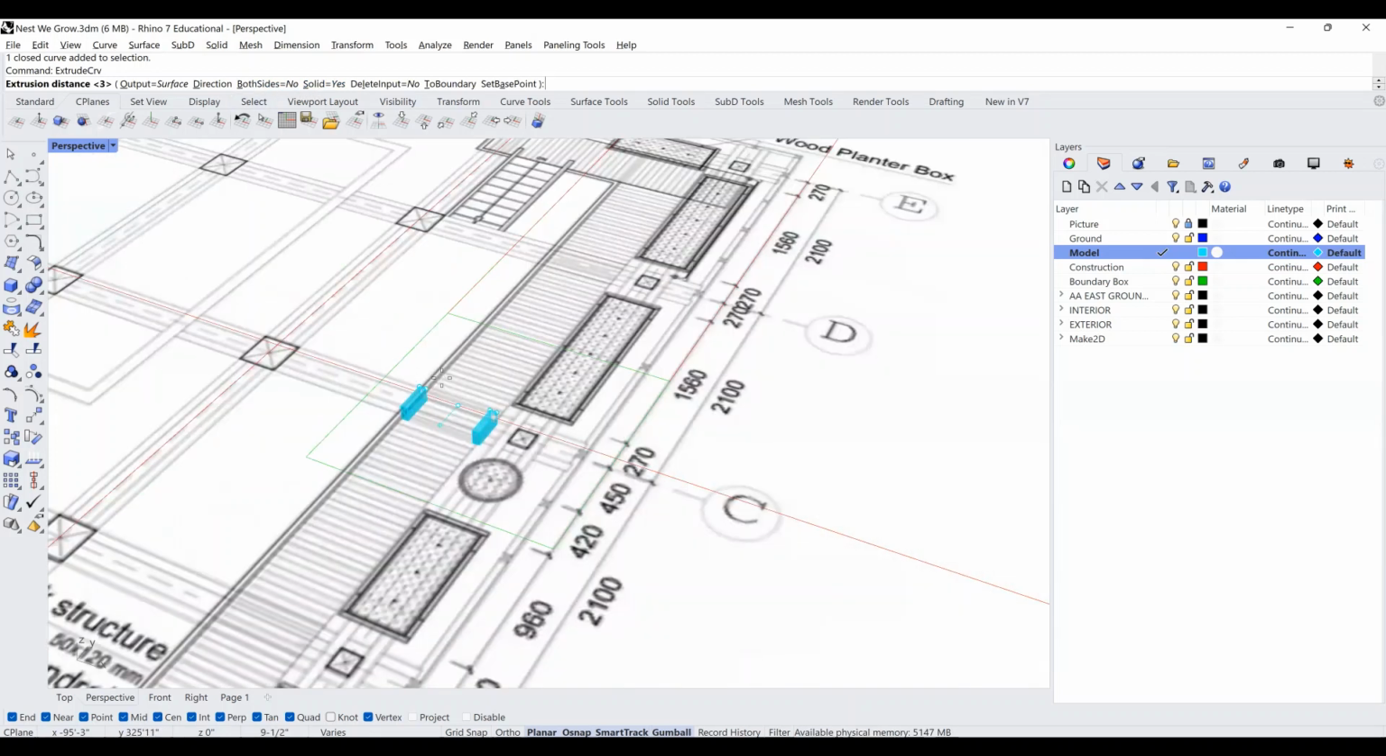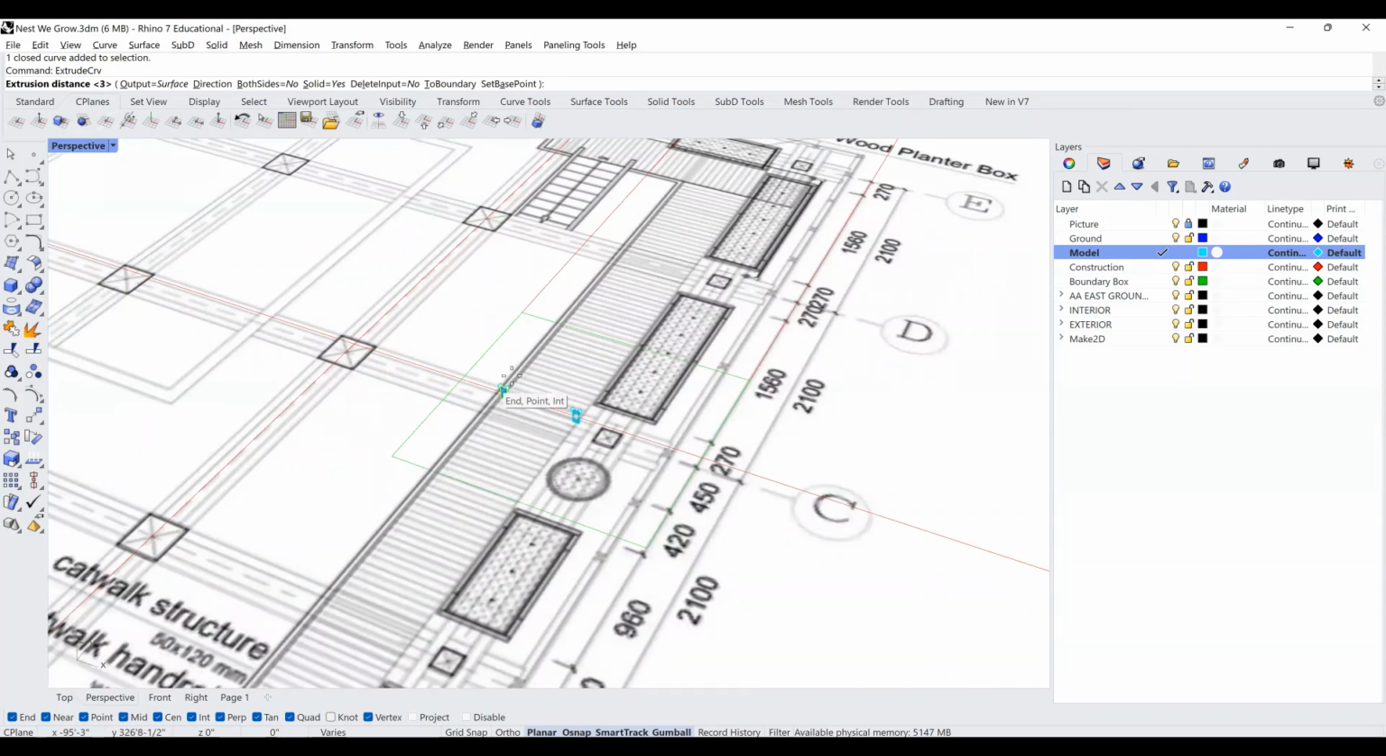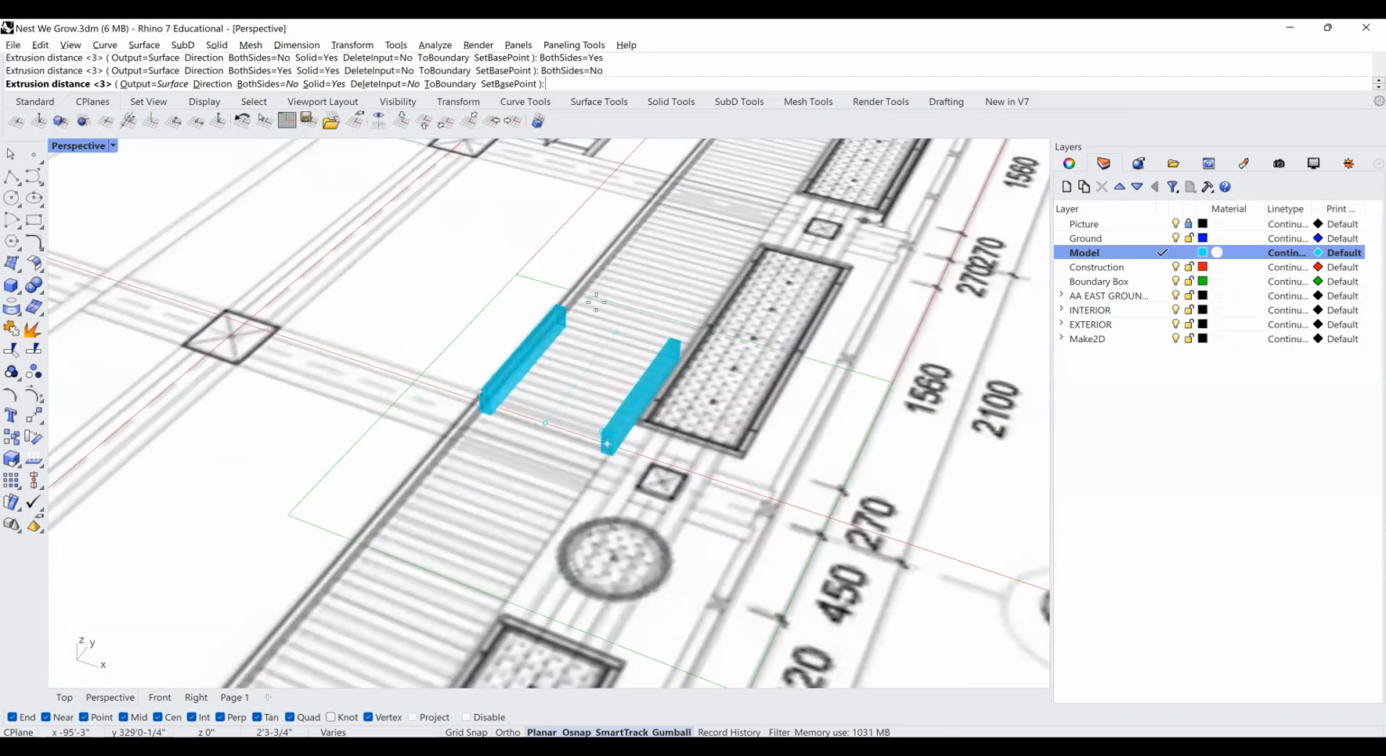But if your extrusion is completely symmetrical, then you can leave it on. And so this is what it'll look like if you wanted to extrude in both sides. But for now, I'm just going to leave that to no. And I'll just do it one by one for now. So I'm just going to extrude this to the extent of my boundary